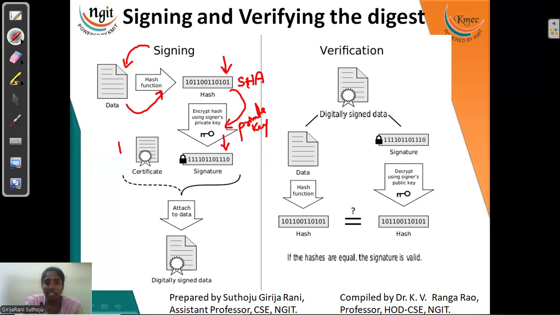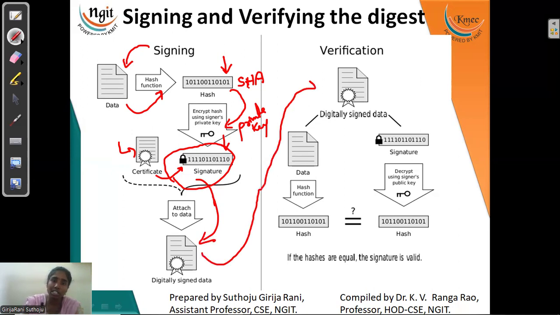Now attach the certificate to the signature. The whole signature you attach to the data and send to the receiver. Now at the receiver end, we need to perform the verification algorithm. In the verification procedure, first detach the data, the certificate and the signature separately. Now take the data and provide it to the hash function, the SHA algorithm, so that you get one message digest,